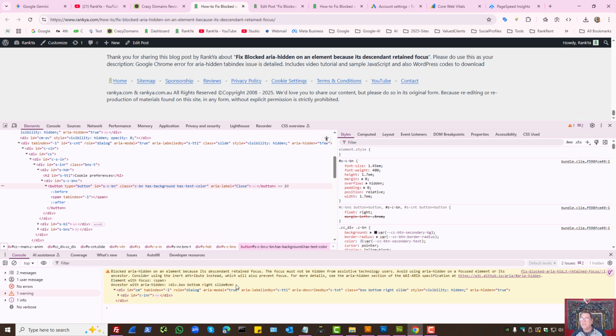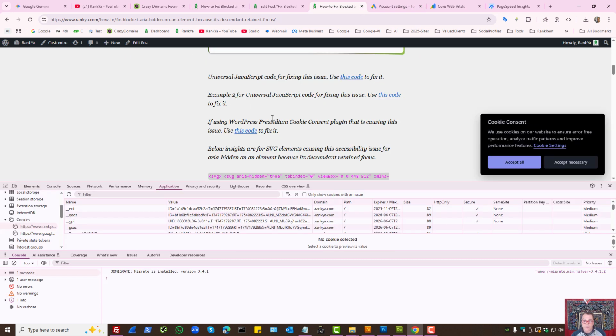Now, there are 100 different ways I can show you how to fix this, because each web page will be different. Your website will be different. So if you're seeing this for your website or your client's website, all you need to do is identify what the element is, because in Web Developer Toolbar and the console we can see it. That's the div with an ID. And here Aria-Hidden is set to true. So as I've said, there is many different ways we can fix this. The sample codes here, the first one actually removes